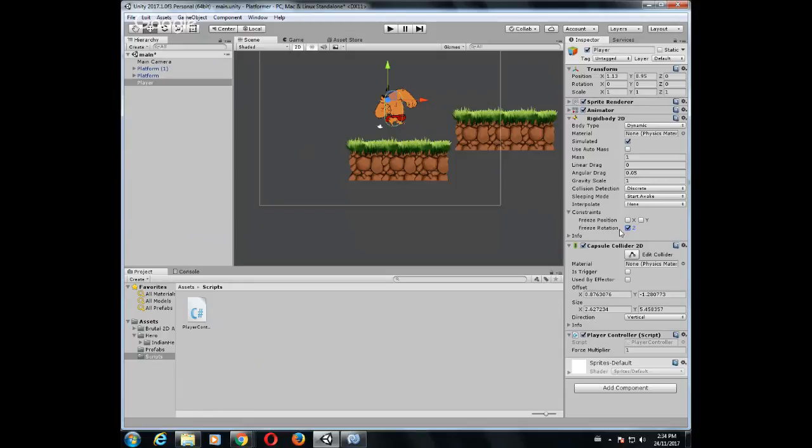Where freeze position would be useful is in a situation when you want your player to move only along one axis, in one direction. So imagine a game where you have a falling fruit or whatever, and you have this bucket that is catching those things. You want to fix your player to the movement on left and right. Then you can freeze position on Y and achieve this effect, right? With the frozen position,